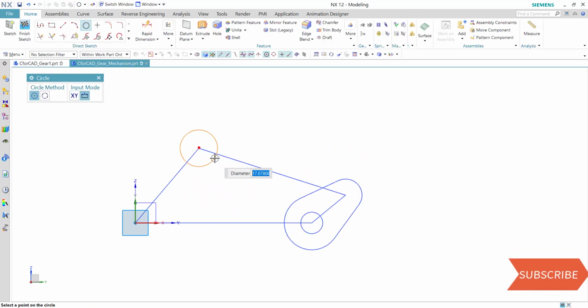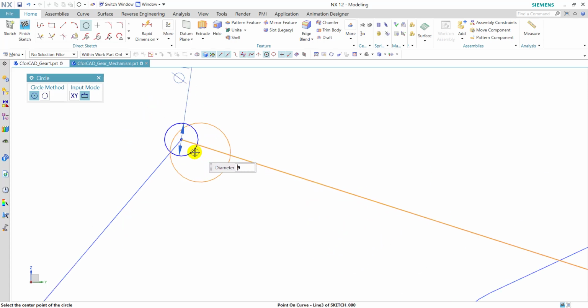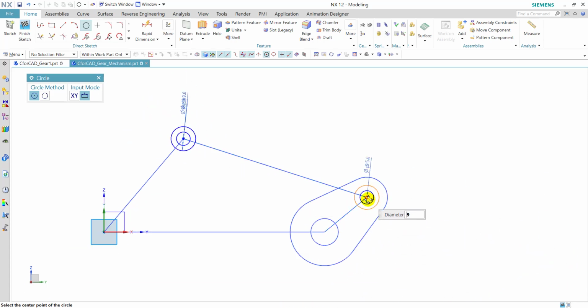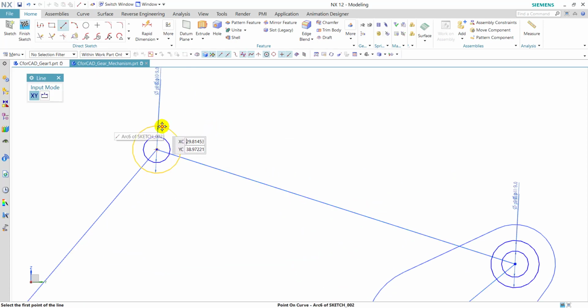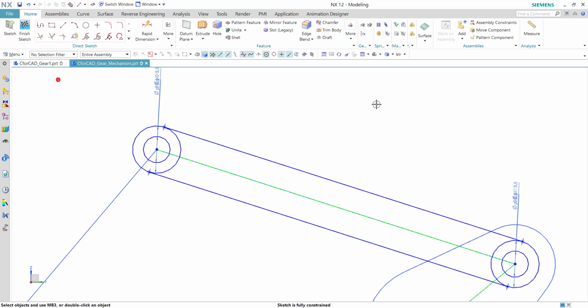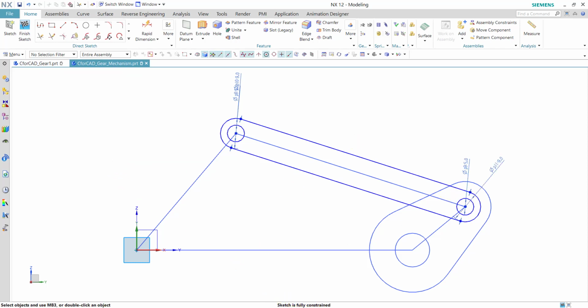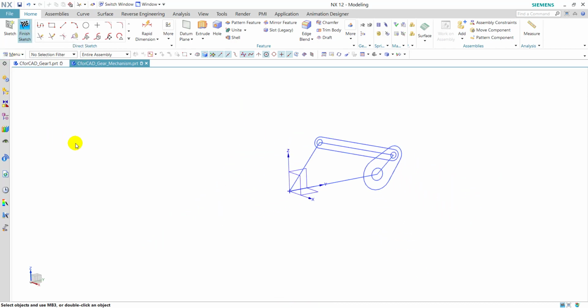Now we will create a sketch for the connecting link, so select this plane, draw a circle of 5 mm diameter over here and also here. Now enter diameter 9 mm and select this center point. Now go to line command and create two lines tangent to these circles. Now close the lines. Now go to trim command, trim these circles and close this. Our sketch is fully constrained. Now finish the sketch.